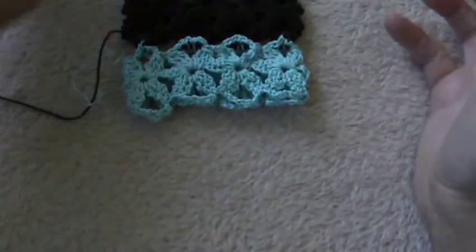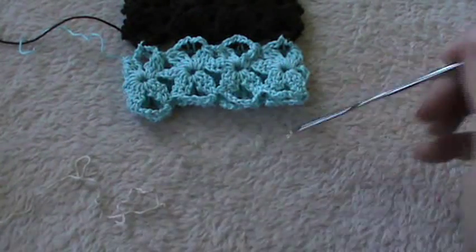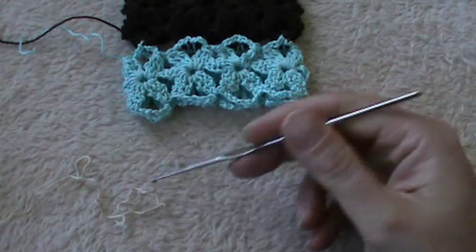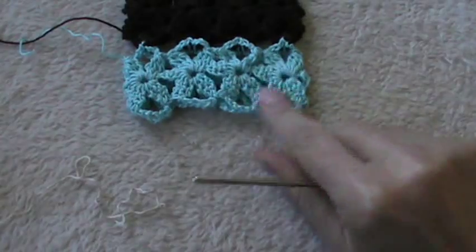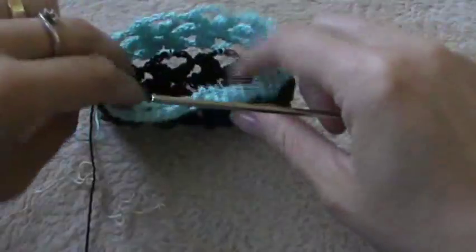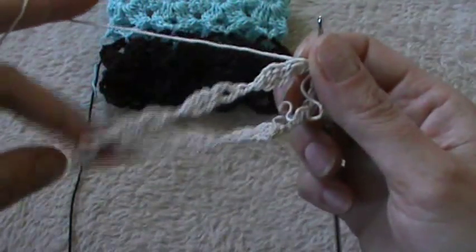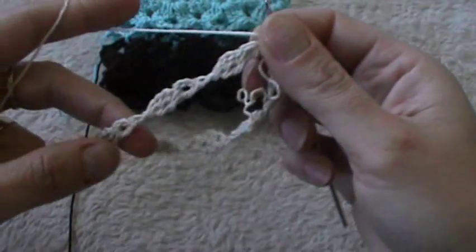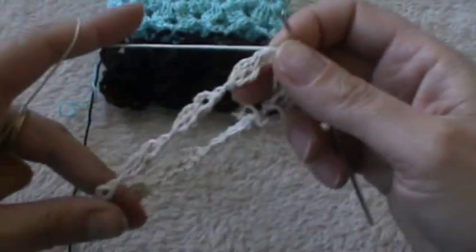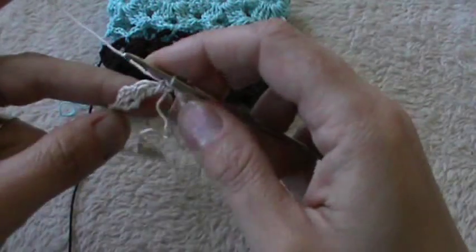Okay, now for the last one we'll begin in the same manner. So we'll make our 8 loops and 8 clusters to begin, and then we'll go on in the same manner. I think it's already clear. So I finished my last group of clusters and loops, 8 clusters, 8 loops, and now,